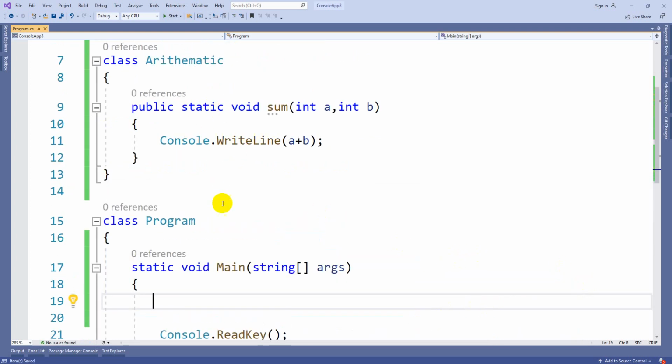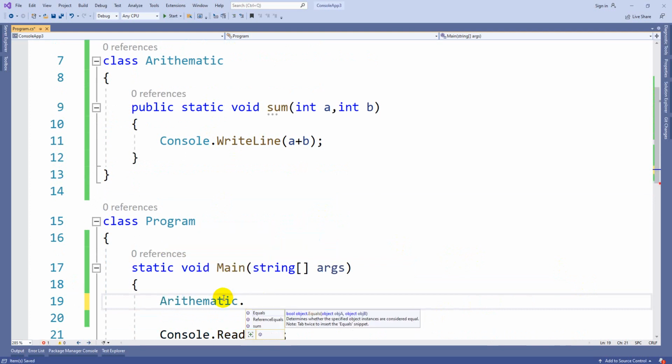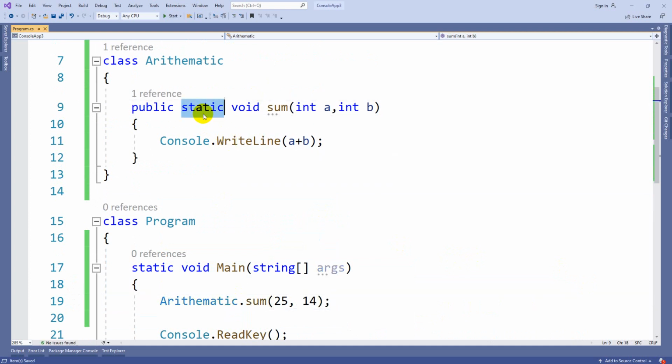How to call this method? Directly I can call Arithmetic.Sum of 25 comma 14, something like this. Since it is static, you no need to create an object for it. Directly you can call by class name dot the method name.